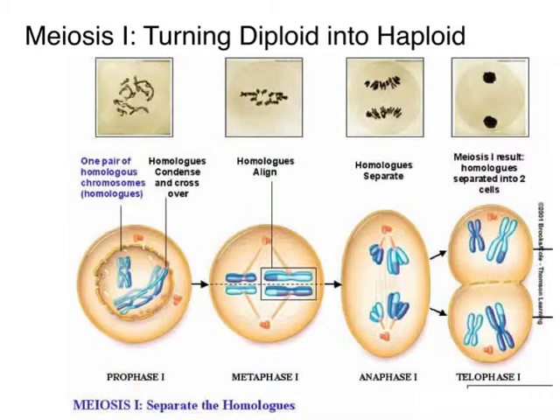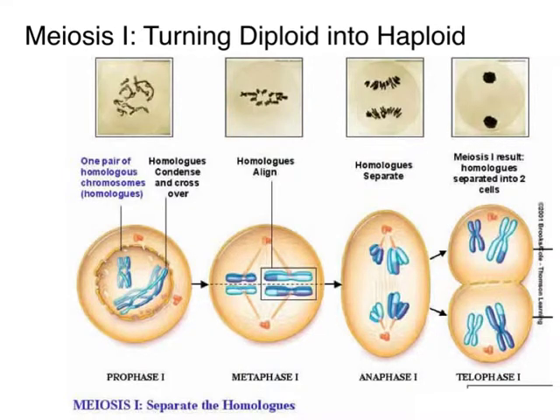Prophase 1, you'll find that the same kinds of things are happening in prophase 1 as were in mitosis. So you can see here that the nucleus is starting to dissolve, the centriole pair are moving towards opposite poles, and the spindle fibers, which you can just barely notice here in these pictures, are starting to develop. One thing that you'll notice, which is a little bit different in prophase 1 of meiosis than mitosis, is that